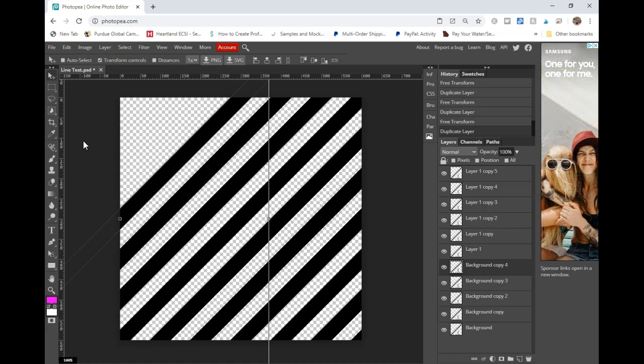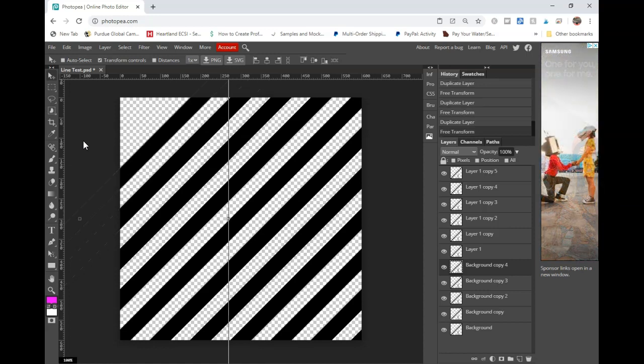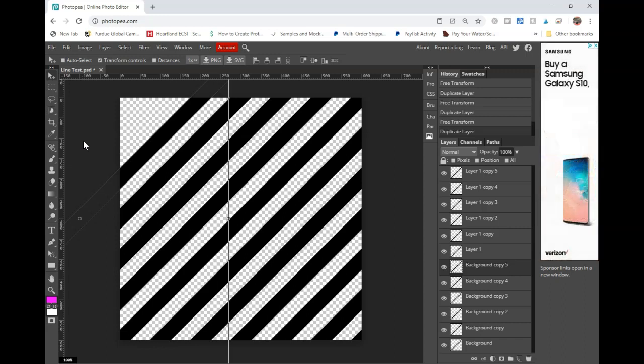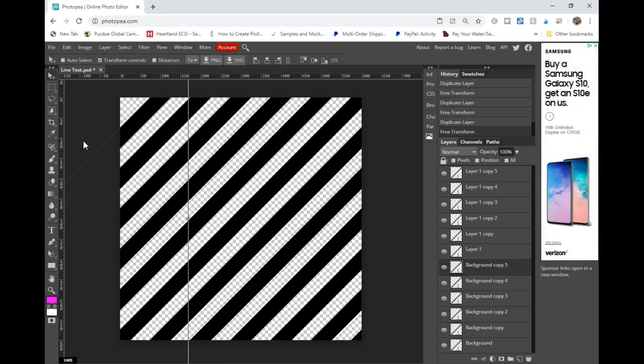Control J, Shift, Alt, Control, T. Bam, we're done. Okay? So the last step of this, now that you have everything input, is you're going to